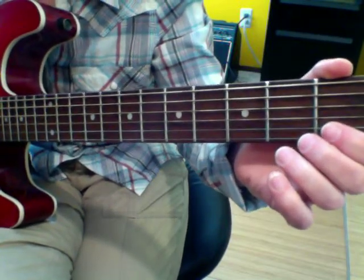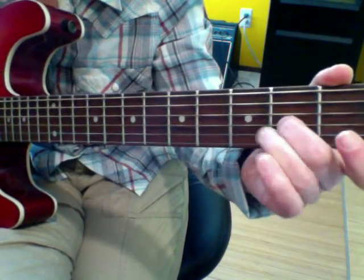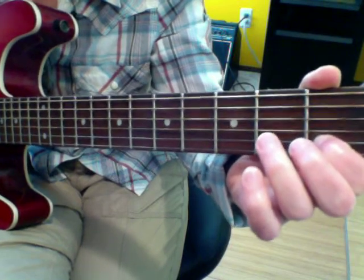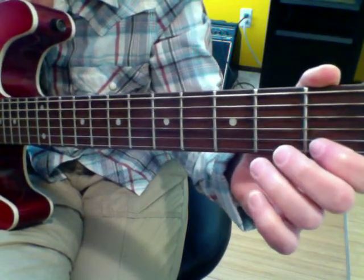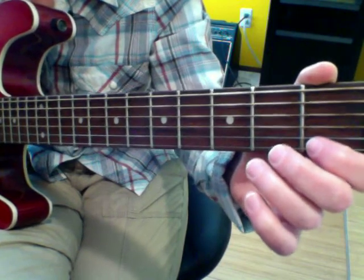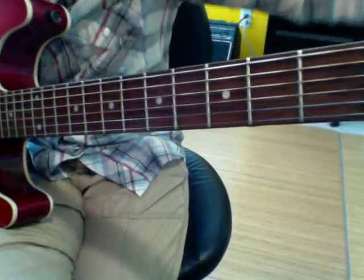1, 2, 3, 4. 1, 2, 3, 4. 1, 2, 3, 4. And now you just heard me mess it up because I was rushing through it too fast, and I left out, and then I threw the timing off. And I threw the timing off because I forgot about that little pause, even though I wrote pause